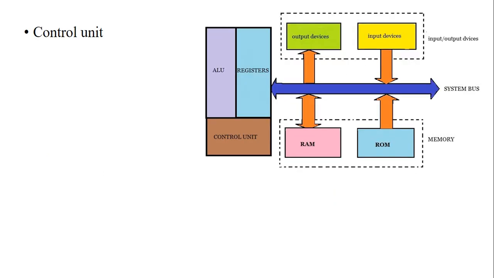Then the control unit controls the internal signals, like the status. In the earlier ALU we saw the status. If any carry is generated in the previous execution, it will raise the flags, and that raising of flags is decided by the control unit. If I want to store data in external memory, the control unit guides and controls the signals to store the data into the external memory or internal memory.